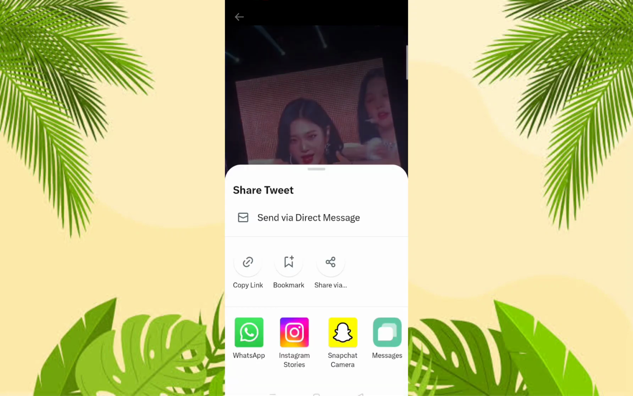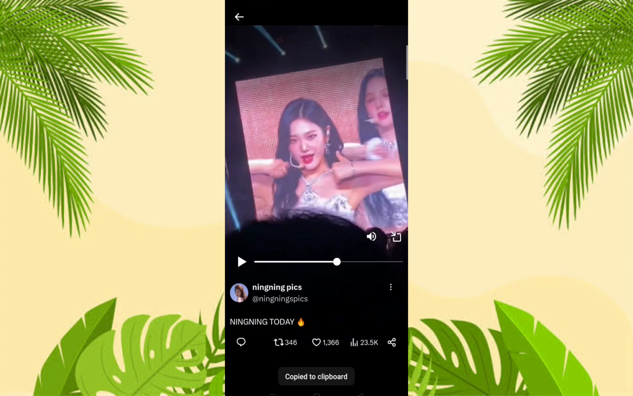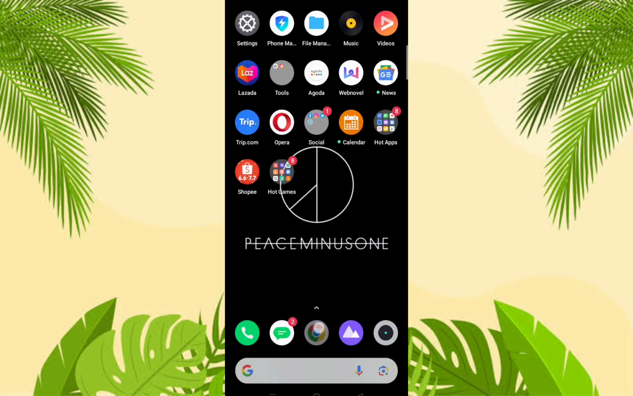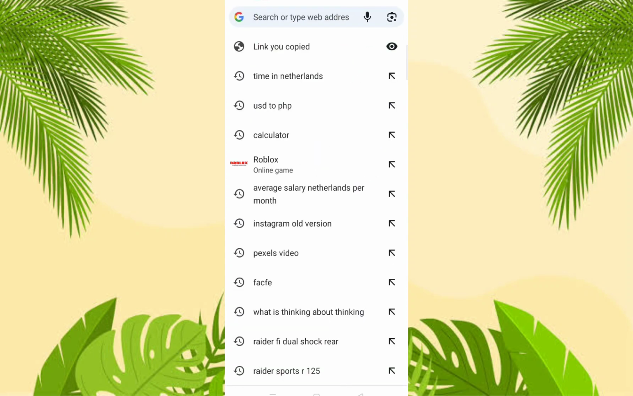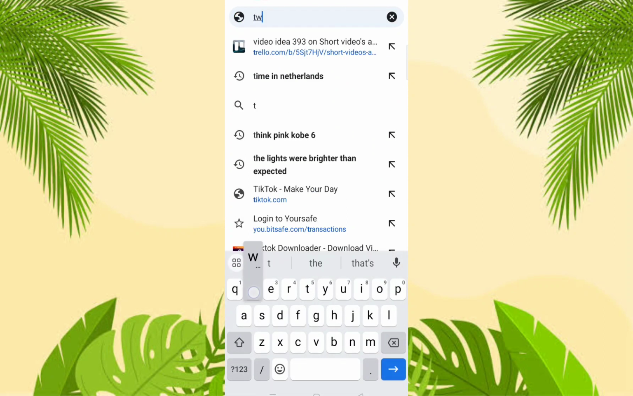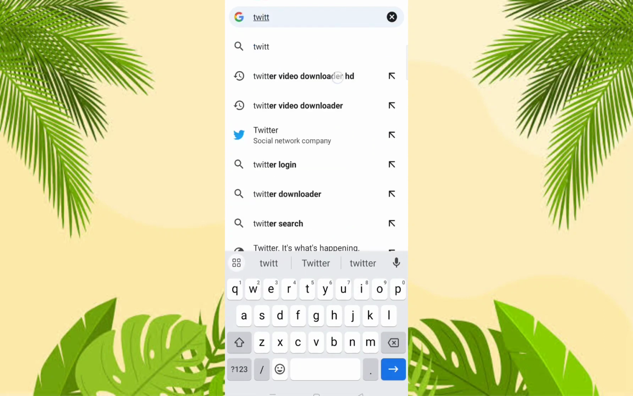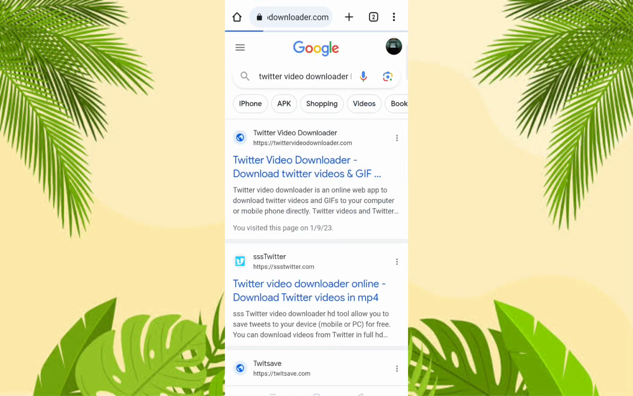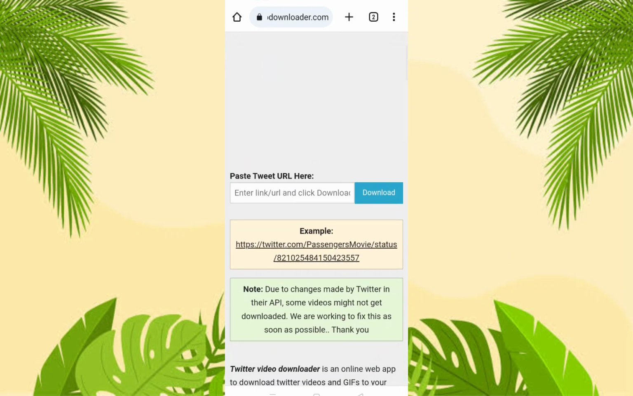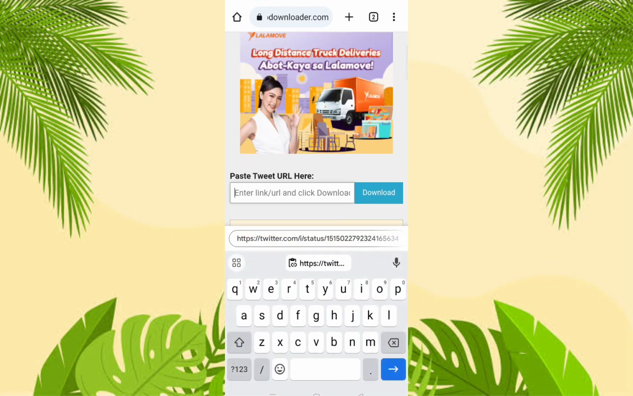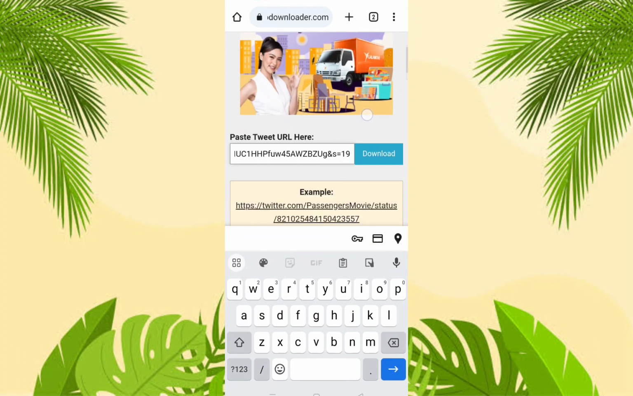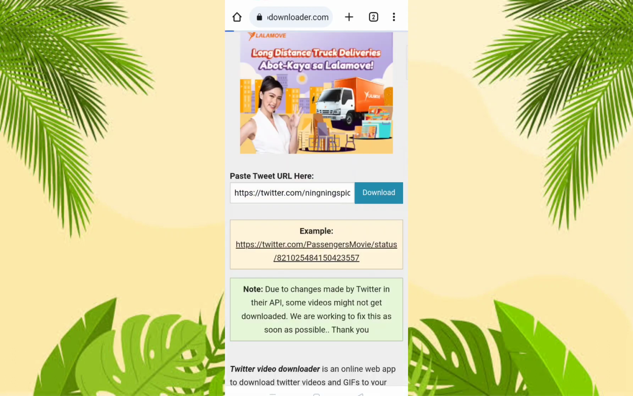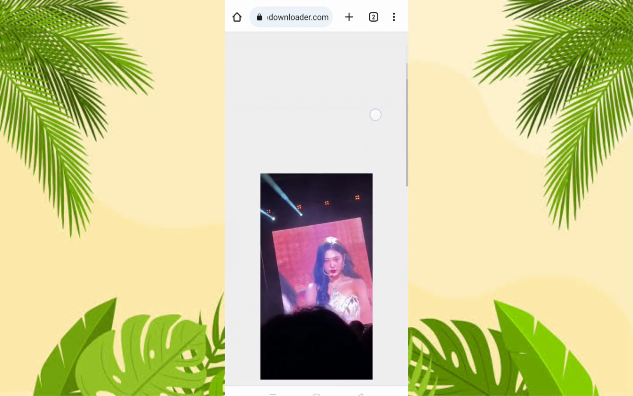And then what you need to do next is go and copy the link of the video, and then go to the browser of your phone. And in your browser, what you need to do is type in Twitter video downloader. And you have a lot of options here for links. It doesn't matter, you can just choose any link, enter and paste the URL of the Twitter video earlier, tap on download,